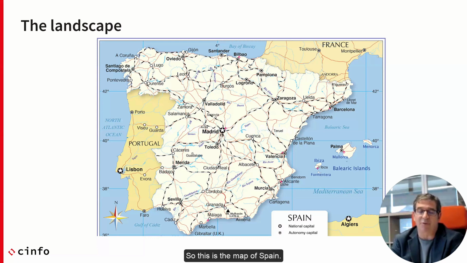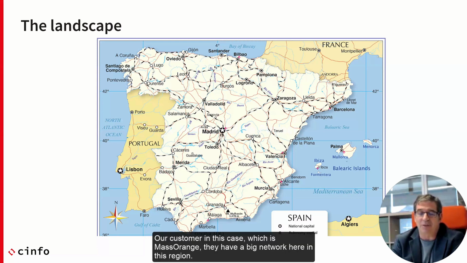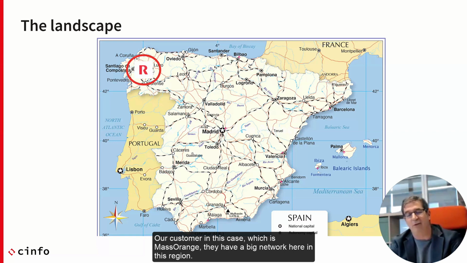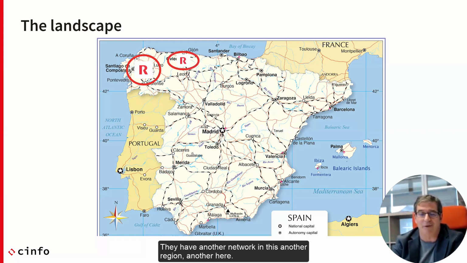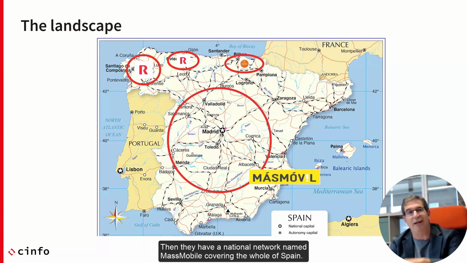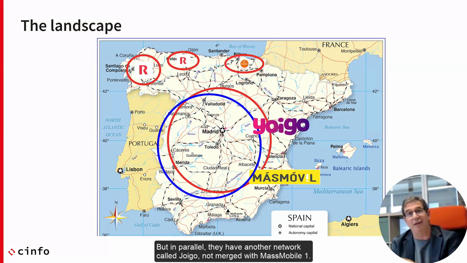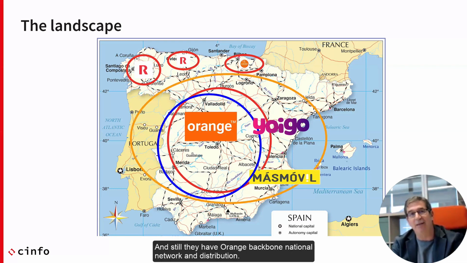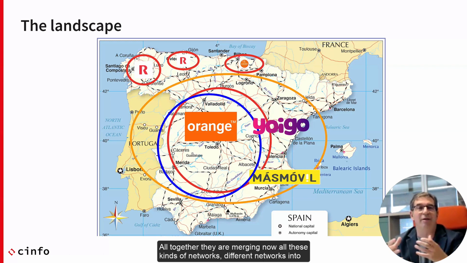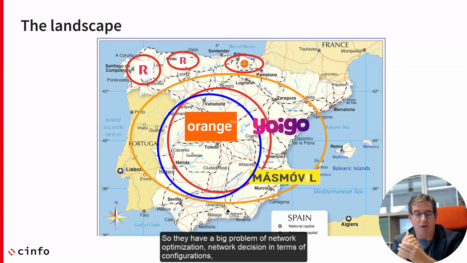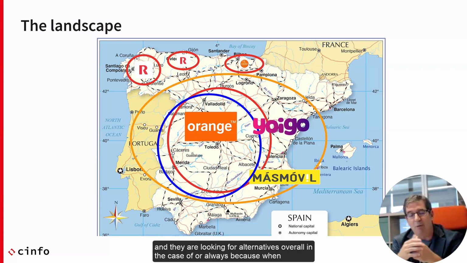Okay, this is the map of Spain. Our customer, in this case, which is Mas Orange, they have a big network here in this region. They have another network in this other region, another here. Then they have a national network named MásMóvil covering the whole of Spain. But in parallel, they have another network called Yoigo, not merged with MásMóvil yet, and still they have the Orange backbone national network and distribution, and all together they are merging now all these different networks into a single one. So they have a big problem of network optimization, network decision in terms of configurations,